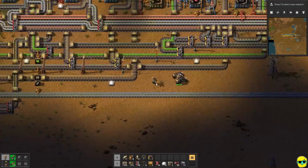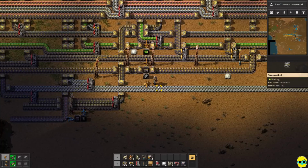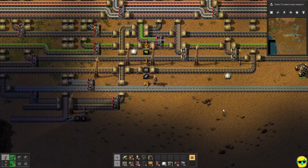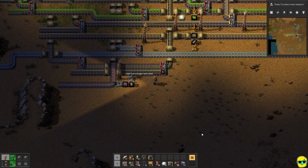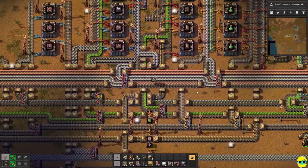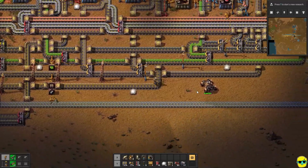Now, you guys are way smarter about this game than I am, so I'm sure there are certain resources where I'm just going to take all these. The rate of production and consumption for it is such that, like, you don't need to have the fast belt because it's not necessary. But I'm not wise enough to make that distinction. Okay, so we have the belts now. And since we're up here,